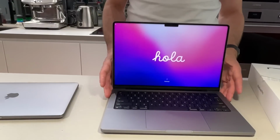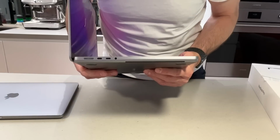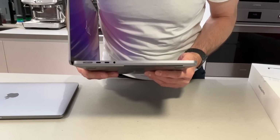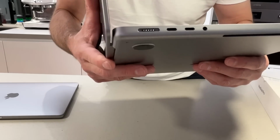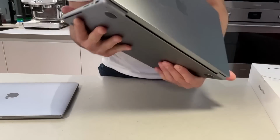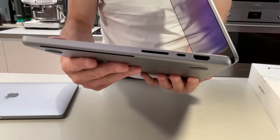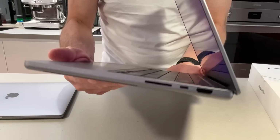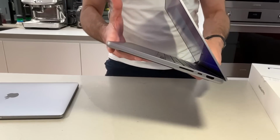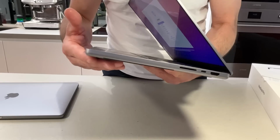Obviously the ports and things, I think everyone is familiar by now that apart from the USB-C Thunderbolt 4 ports, we've got the new MagSafe port, which is exciting. And on the other side, the long anticipated return of the HDMI port, another USB-C Thunderbolt port, and an SD card reader. The other thing to note about the shape, so you'll notice the bottom edge of the laptop